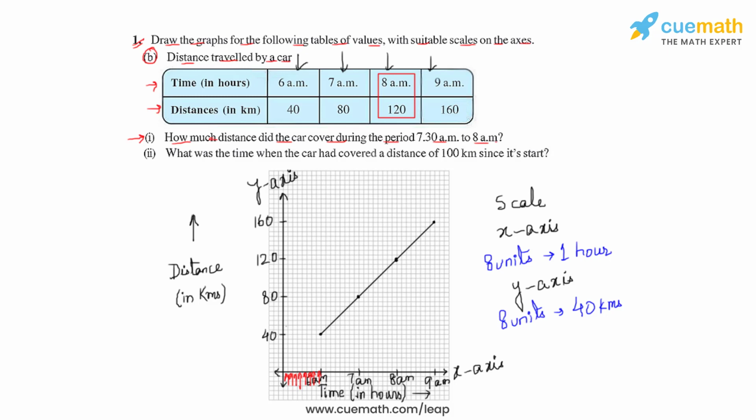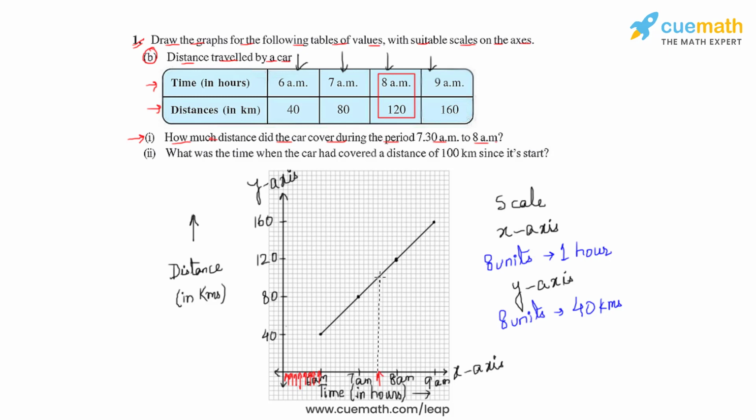We see that 8 units correspond to 1 hour. So to mark half an hour, we'll have to take 4 units from 7 a.m., which would be this point on the x-axis. Now 4 units from 7 a.m. would be this point on the x-axis, and to measure the